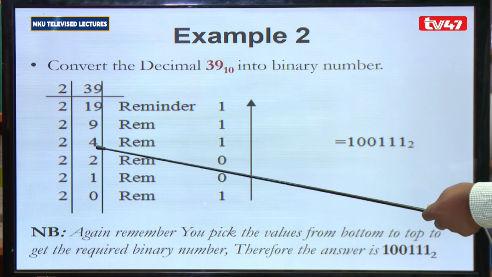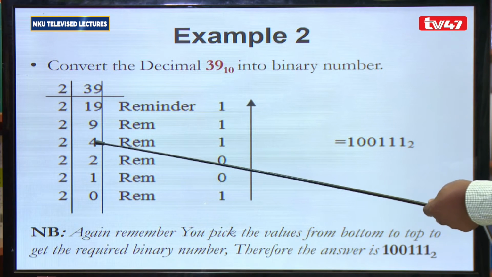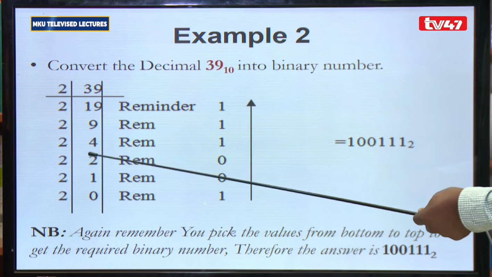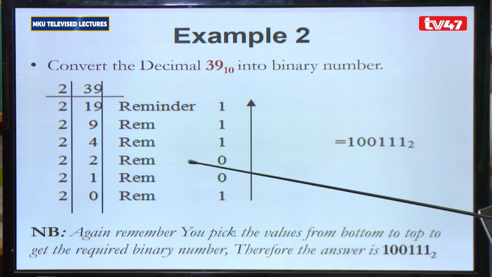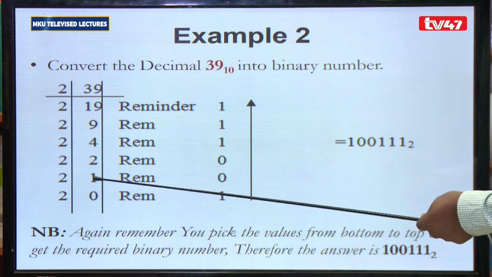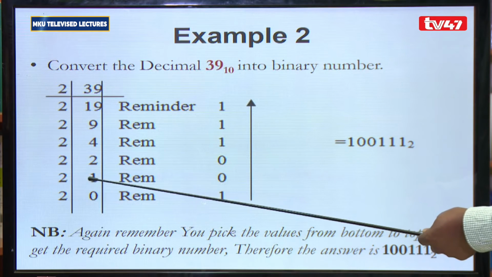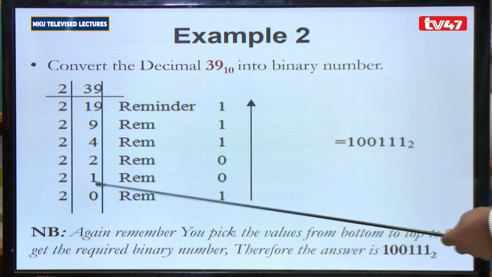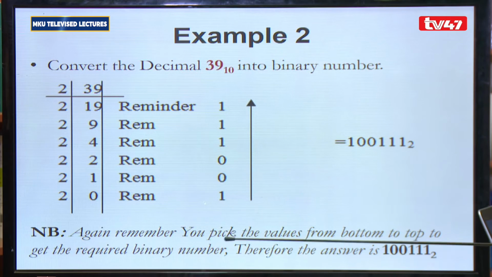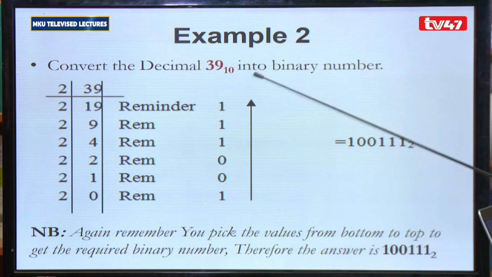This 9 divided by 2, you get 4, remainder 1. 4 divided by 2 is 2, remainder 0. 2 divided by 2 is 1, remainder 0. And the last step, 1 divided by 2 is 0, remainder this number. And again, remember, you pick the values from bottom to top, and there you get your binary equivalent of